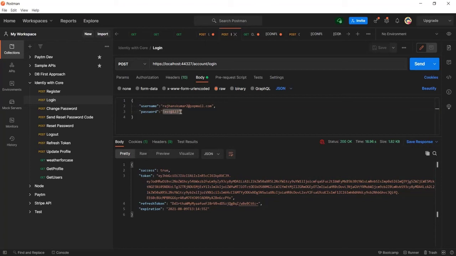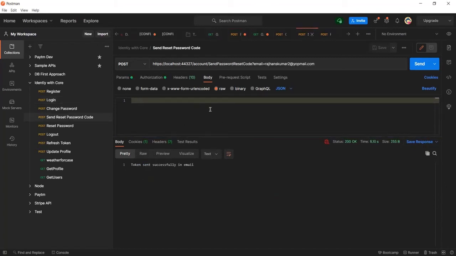Suppose I have forgotten the password and I want to recover it. So I will use this API, send reset password code. Here I have my email ID, and I will click on send to get the code in email.